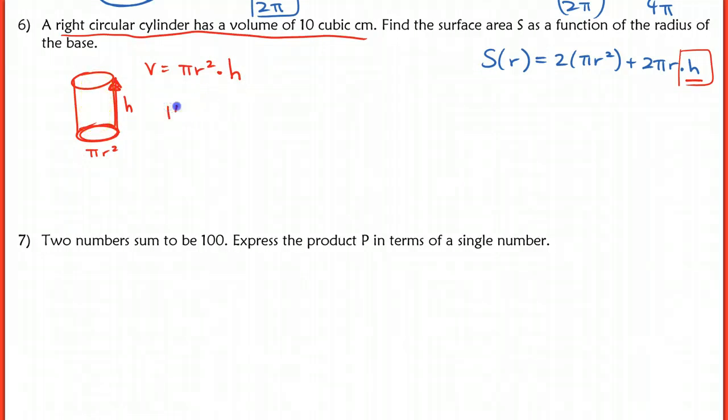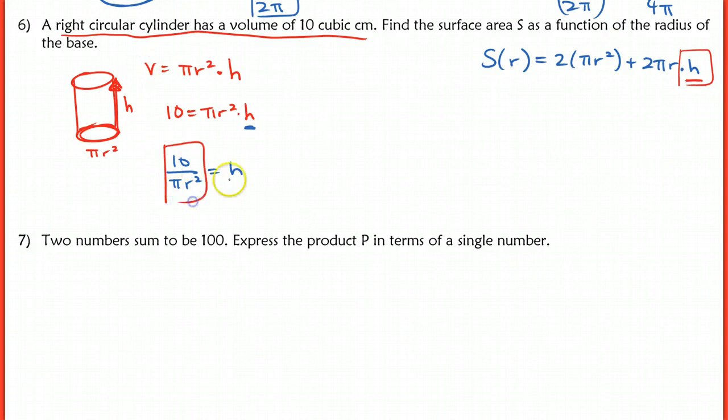Well, the volume is equal to 10 cubic centimeters, so I can substitute that 10 in here, and now I have 10 equals pi r squared h. Now I can solve for h so that I can eventually substitute that value in. If I solve for h, I end up with 10 over pi r squared equals the height. So now I take this and I plug it in over here,